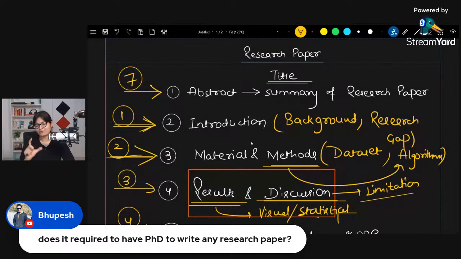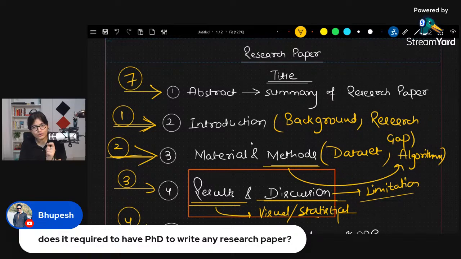Make sure that your abstract is a good abstract where when people come and study your research paper, they will be able to understand what you're talking about. Because if suppose you're writing some very complex abstract and he or she is not able to understand, obviously he or she will feel like, I will not be able to understand the complete research paper as well, and then he will not go towards the introduction and other parts, even though they are very easy to understand.